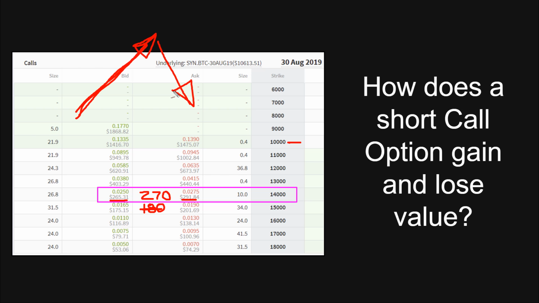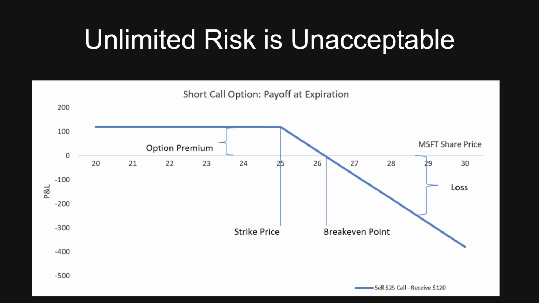It may take you a while to go through these examples because you're going to be required to think upside down. It's almost like flying inverted, where the control inputs do the exact opposite things as they did when you were upright. Now, the problem is that when we sell a call option by itself, we have unlimited upside risk, and that's unacceptable.